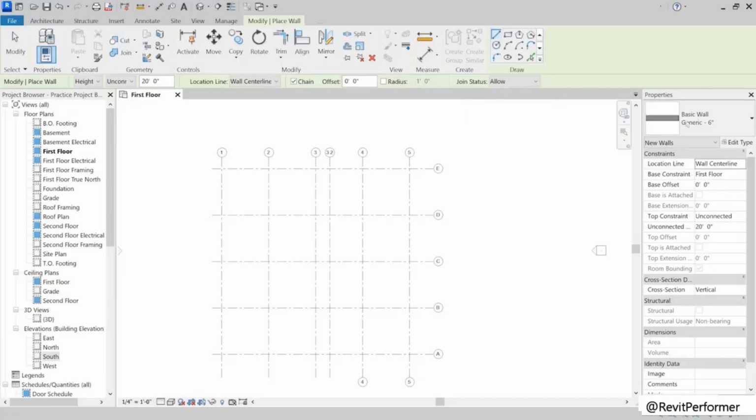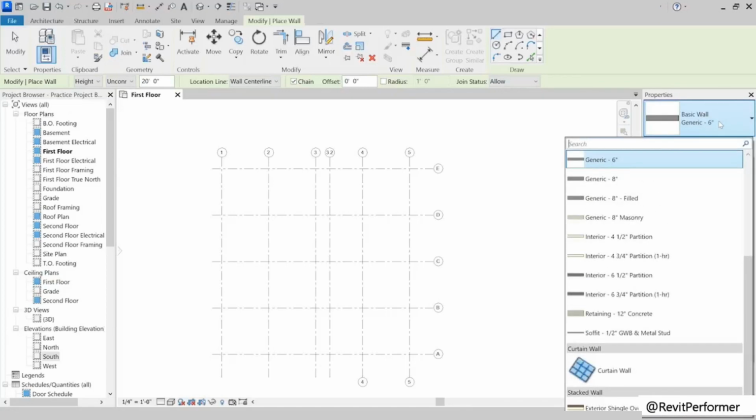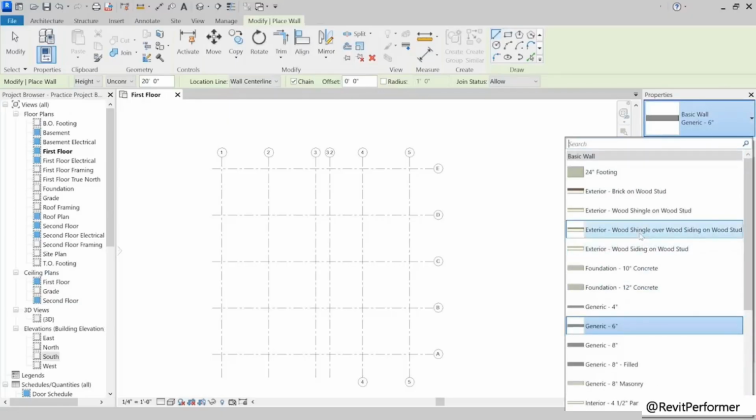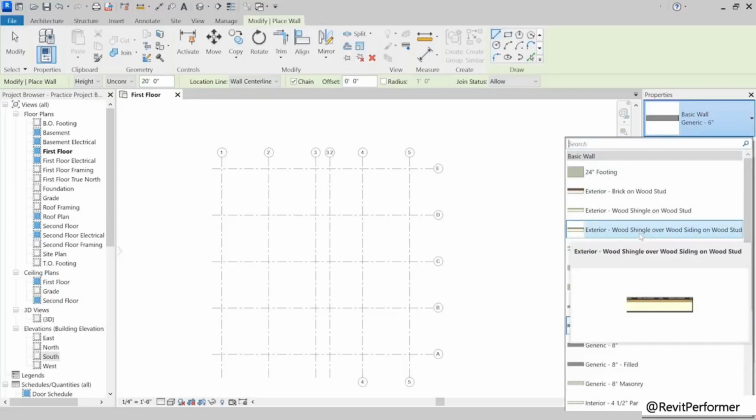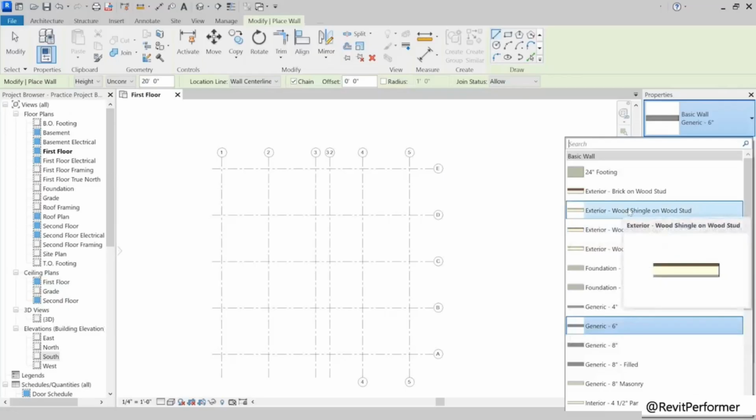So we're going to come over here to the properties box and we're going to click on the type selector at the top. And you're going to see all of the different types of walls that have been created for this template. They are actually created inside of this template file. I'm going to click on an exterior wall because I like to always put that in first, get the overall shape in.